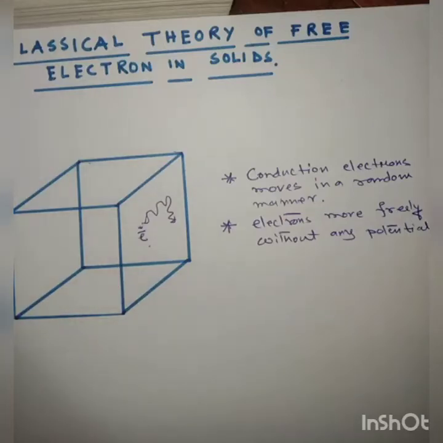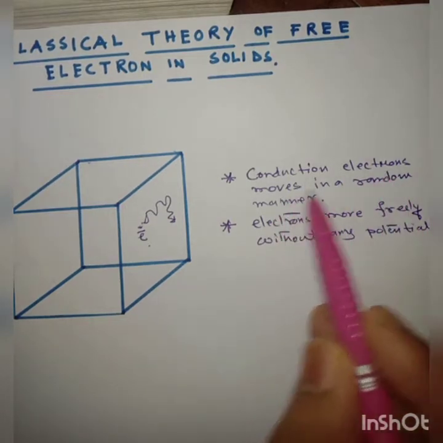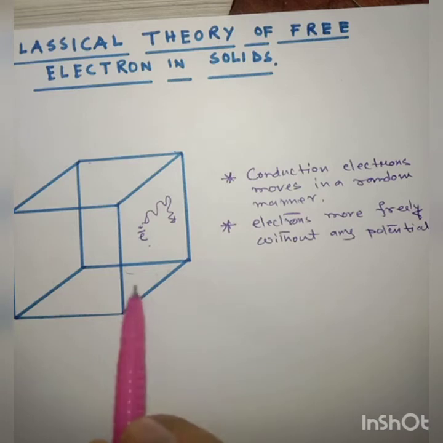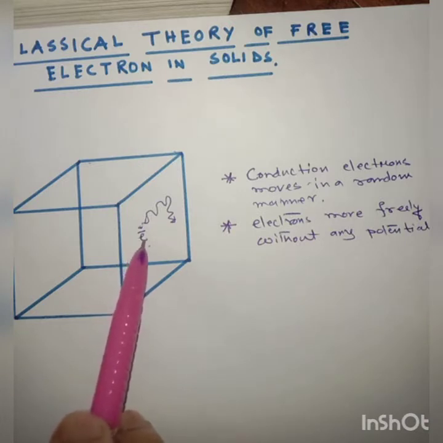This is the classical theory of electrons in solids. According to the classical theory of electrons in solids, the conduction electrons move in a random manner. So, if this is a block of metal, in any metal we know that there are free electrons. If we consider any free electron, or any conduction electron, then this conduction electron will move in a random haphazard manner, just like the molecules of a gas in accordance with the kinetic theory